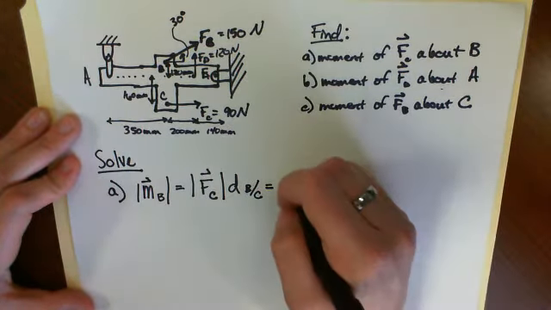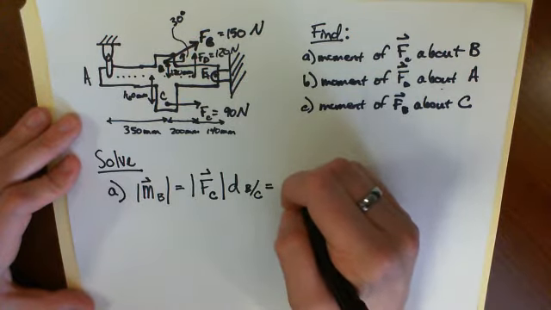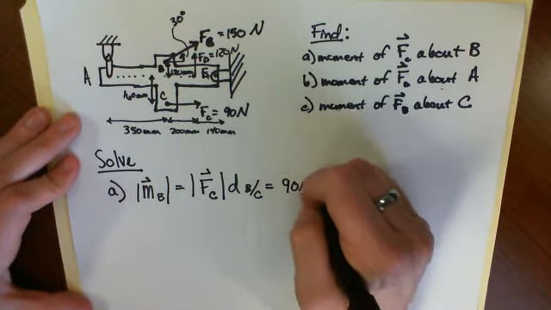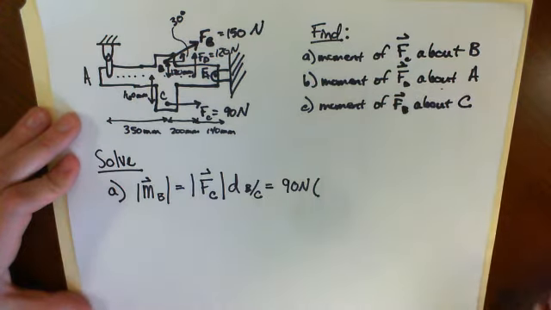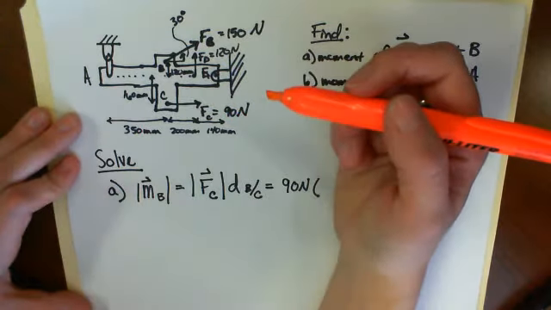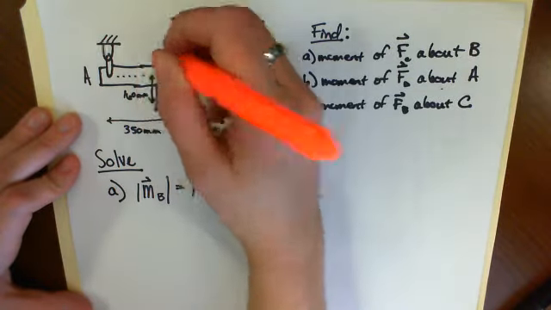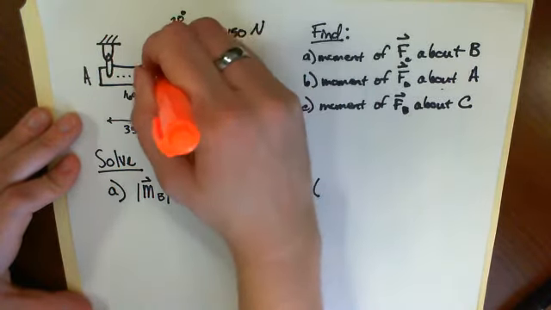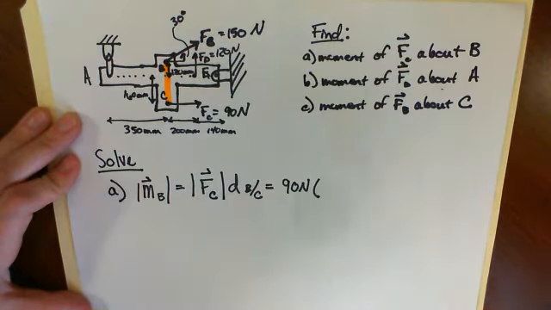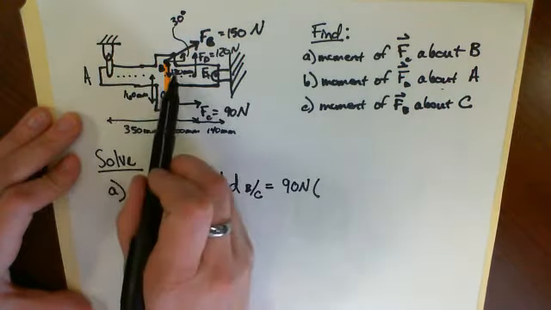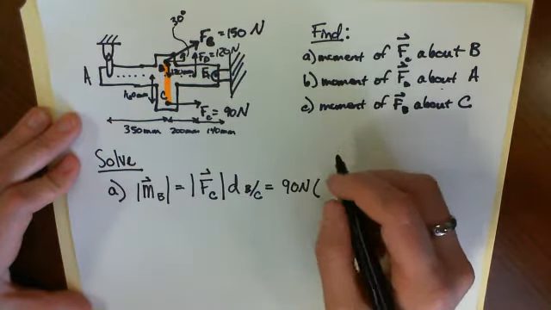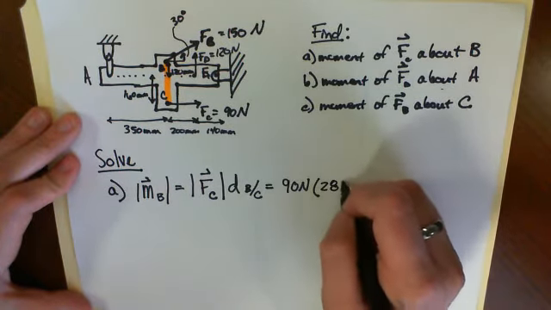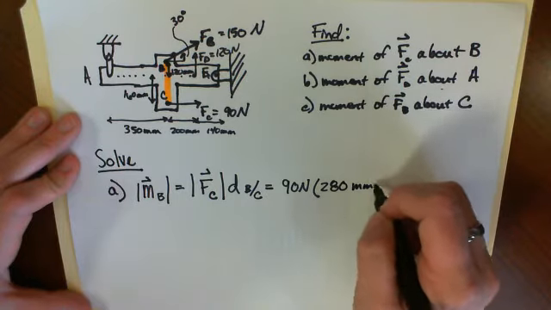We take our force at C, which is 90 newtons, times the perpendicular distance between B and C. So B to C, this would be our perpendicular distance, which is 160 plus 120. Can't probably see that very well, but that's what it is. So 280 millimeters,